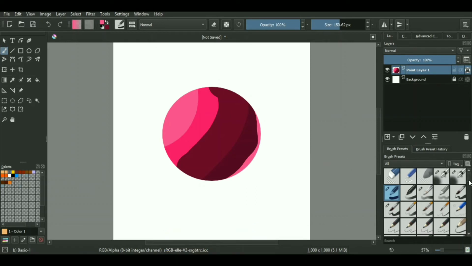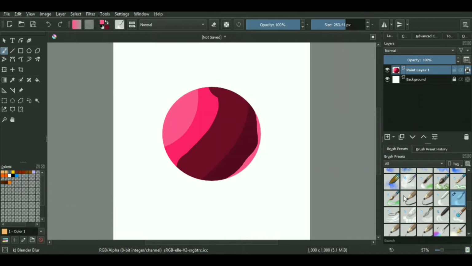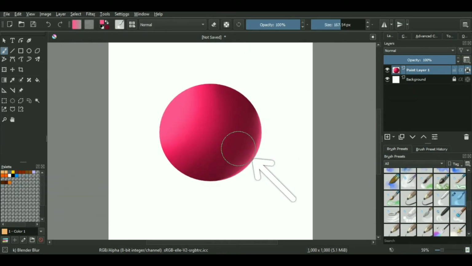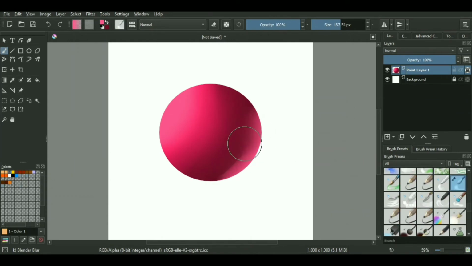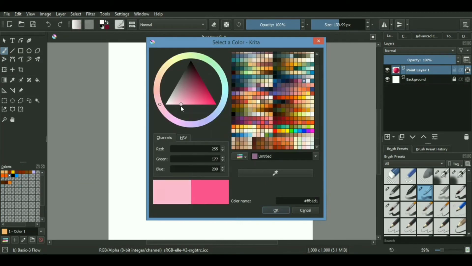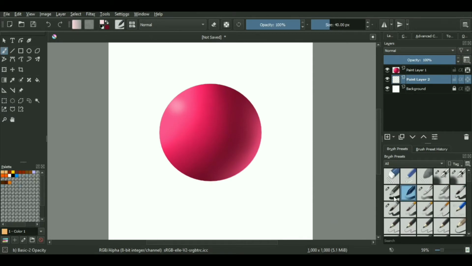Since we have all our flat colors set up, we can start with blending these colors together so that it can look much more realistic, and we'll be using the default blur blending brush of Krita. Since I want to show off more of my bounce light, I will be exaggerating the amount of bounce light on this object a little bit, but you actually don't have to do it. Also in the case of the highlights, I'm using a pinkish white tone on the circle so that it gives a much more reflective sort of feel to my shape.